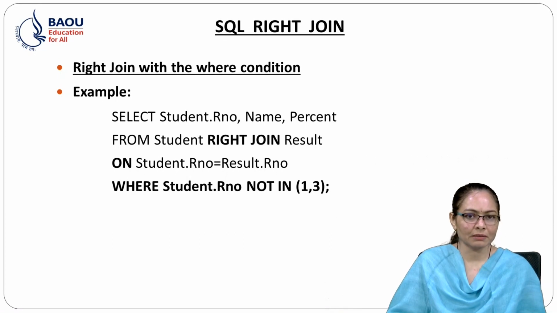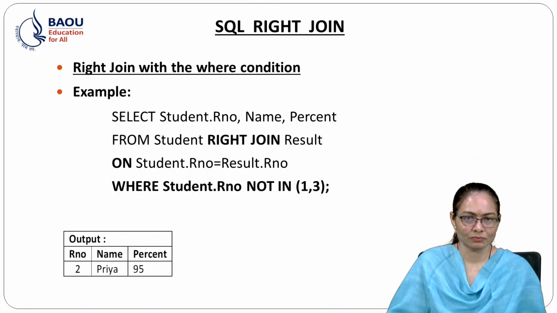See, in the previous output, it displayed the right side table, that is the result table data, which contains roll numbers 1 and 2 only. But here we use the where condition, so the result will filter the data and it will display only the second record whose roll number is 2. See,